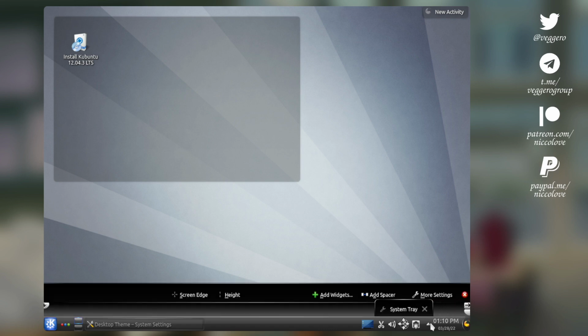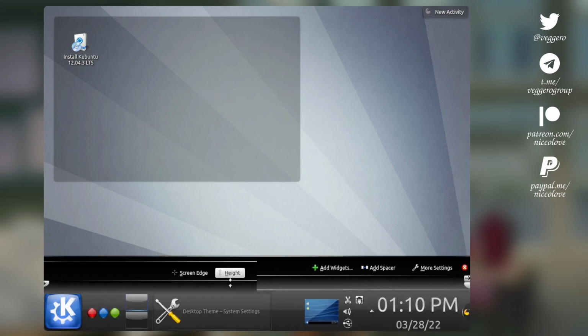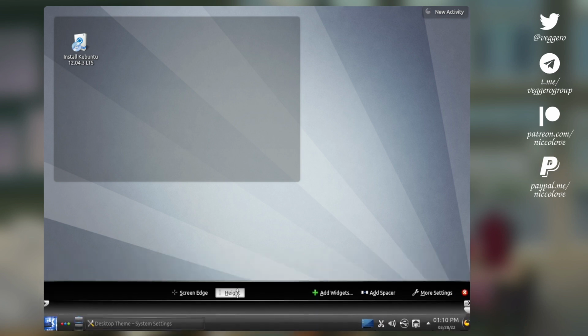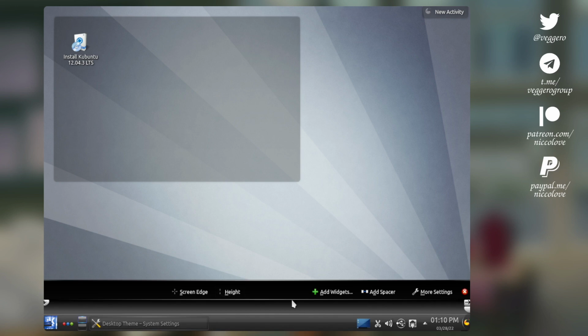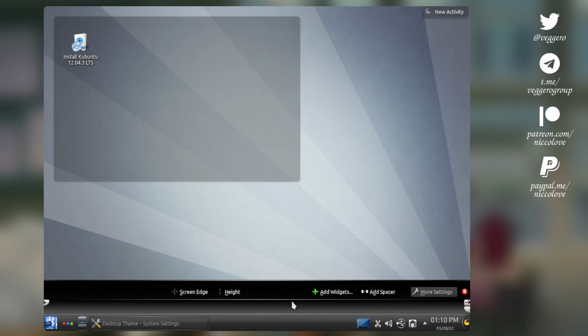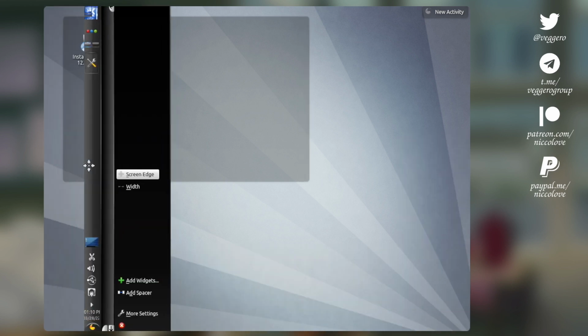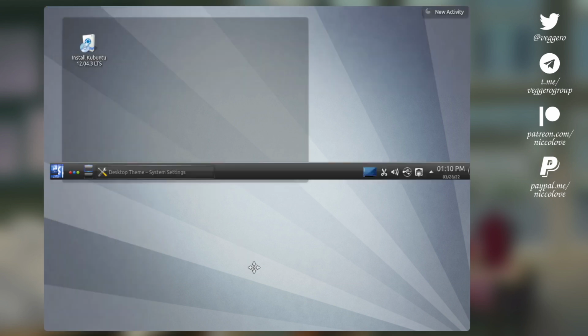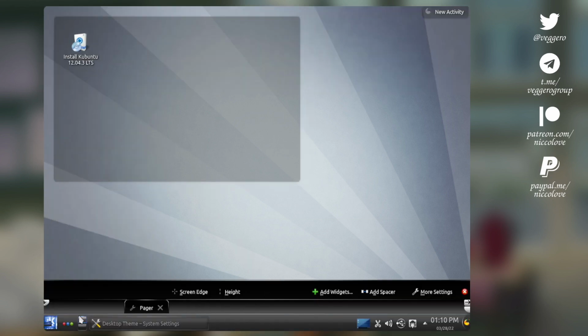And surprisingly, this looks exactly like it is nowadays. We've still got the hide option, which we drag and drop. Wow, this is rather clean. This looks exactly like it is now. We've got add widgets, more settings, which is a vertical pull-up. This is just incredibly similar. Screen edge, we can actually move this around like nowadays, and we can move things around by drag and dropping